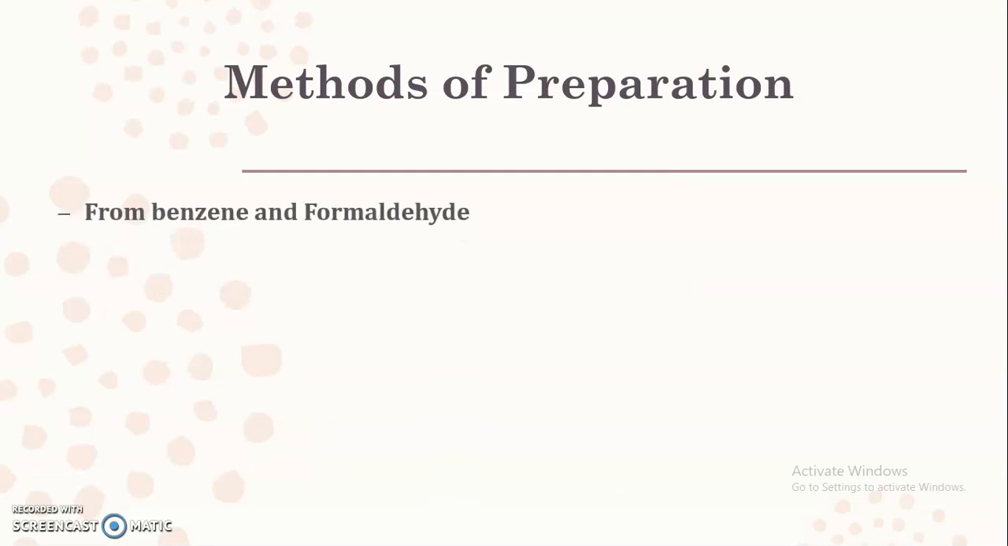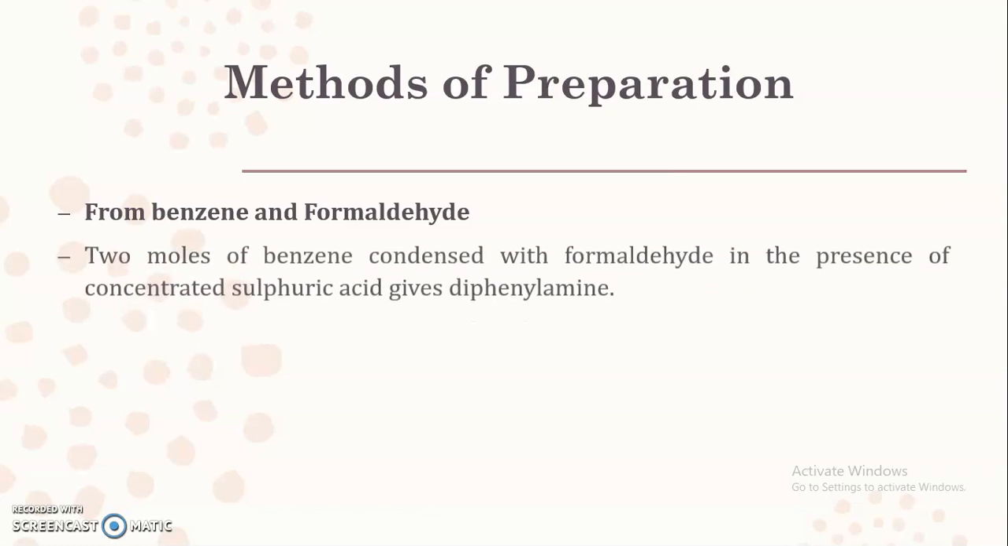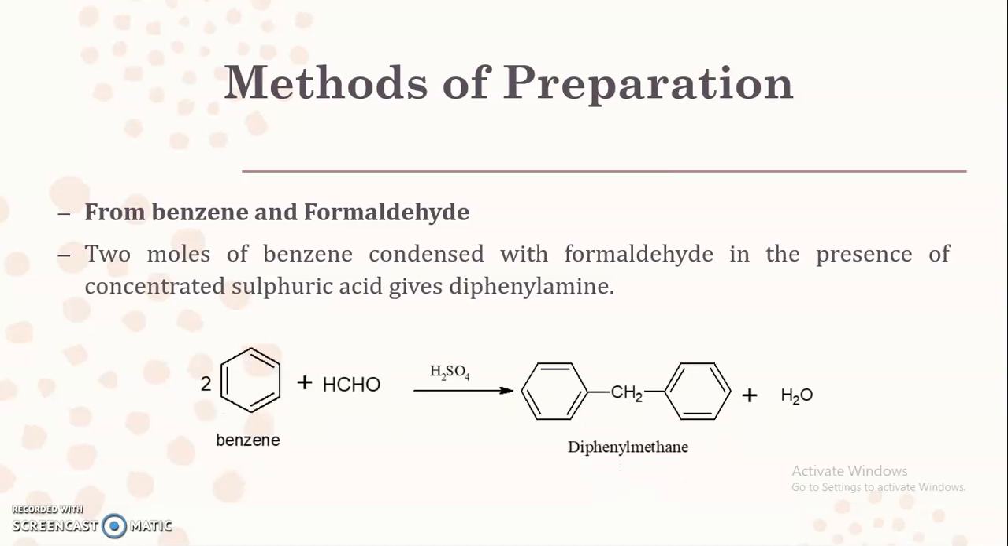Then the last method that is used for the preparation of diphenyl methane is from benzene and formaldehyde. So in almost every method, we are going to use benzene as a starting material, because there is a presence of 2 phenyl rings in the structure of diphenyl methane. Now here also 2 moles of benzene are required to perform the synthesis of diphenyl methane, where 2 moles of benzene, when they are condensed with formaldehyde in presence of concentrated sulfuric acid, it gives us a diphenyl